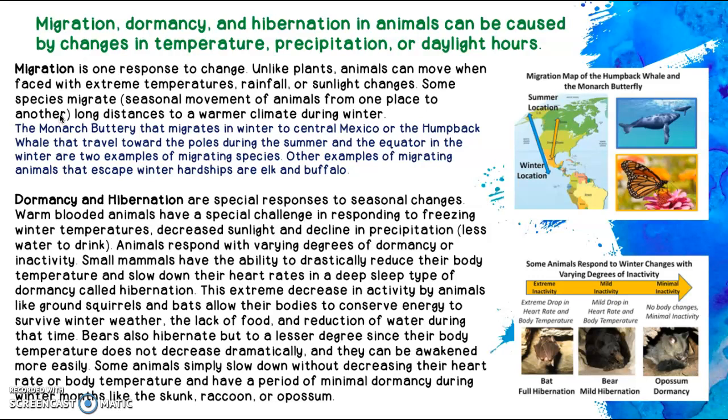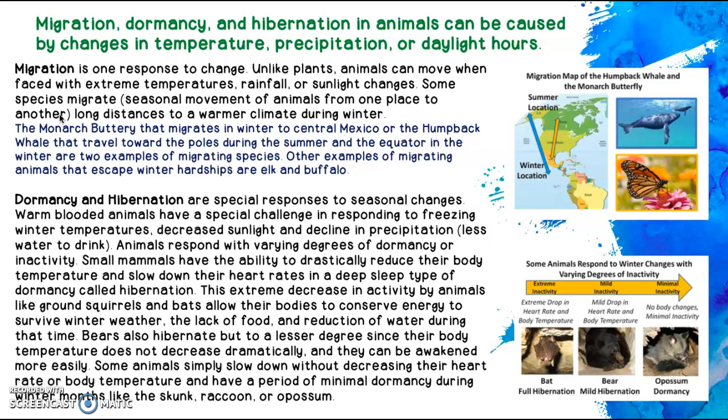Dormancy and hibernation are special responses to seasonal changes. Warm-blooded animals have a special challenge in responding to freezing winter temperatures, decreased sunlight, and decline in precipitation, which leads to less water to drink. Animals respond with varying degrees of dormancy or inactivity. Small mammals have the ability to drastically reduce their body temperature and slow down their heart rates in a deep sleep type